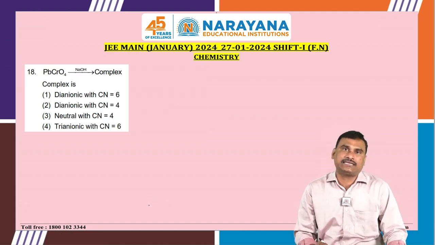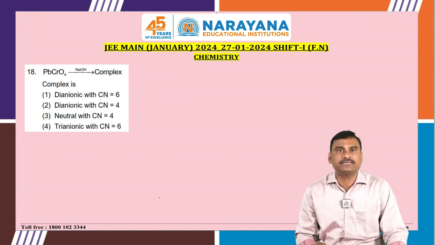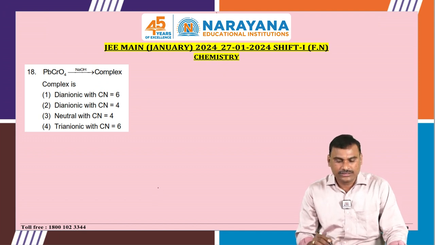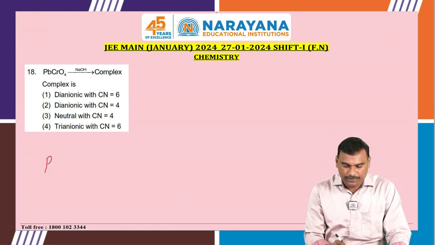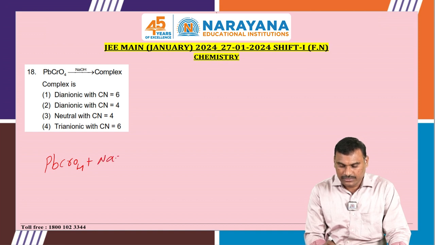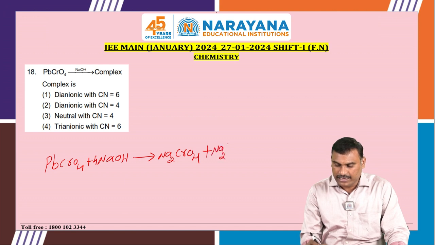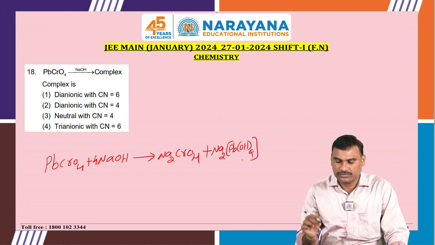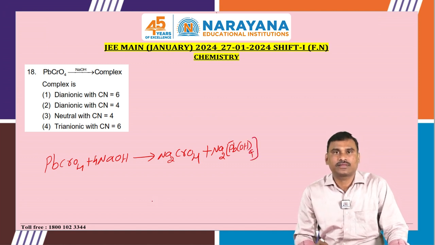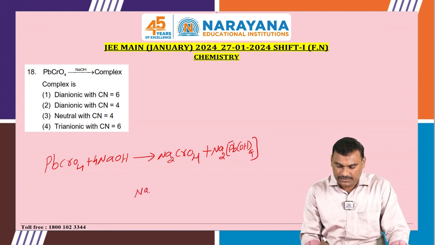PbCrO4 when treated with excess sodium hydroxide forms a complex. They asked about the complex. Yes, when the PbCrO4, lead chromate, is dissolved in excess sodium hydroxide, it forms Na2CrO4 plus a dianionic complex, Pb(OH)4, because this complex has this structure,